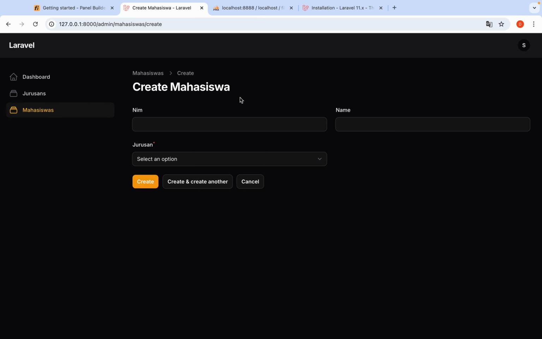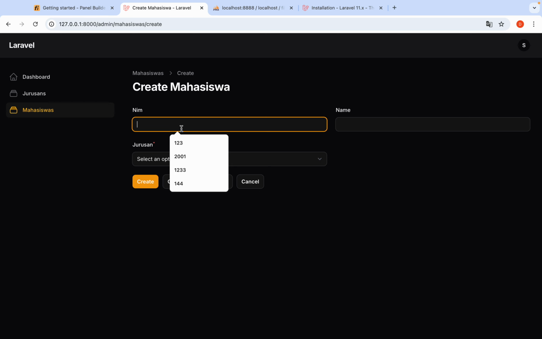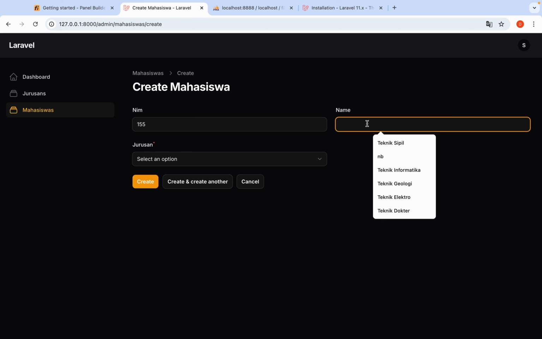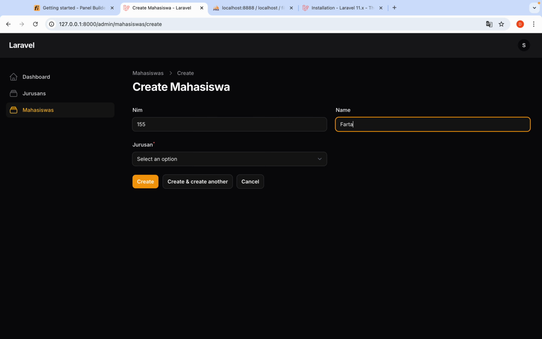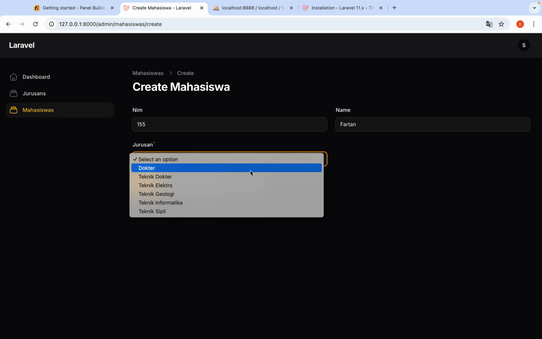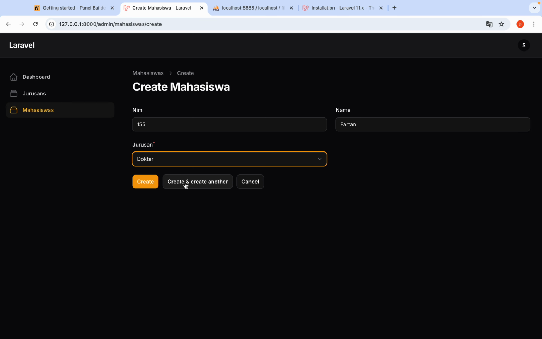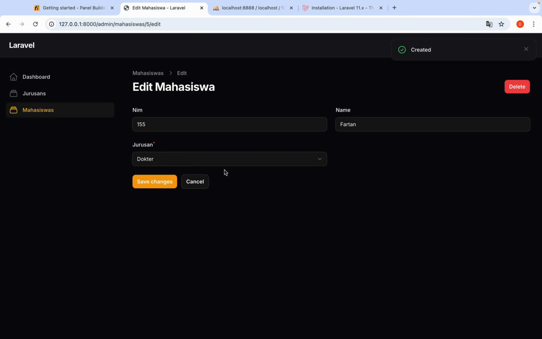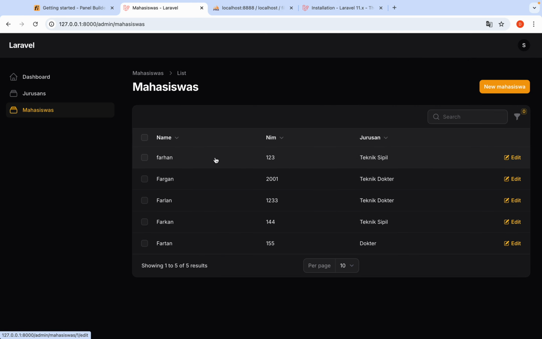And then if you want to edit the new student, I will select the option doctor, and then create the data, and go to mahasiswa: Farhan, Fargan, Farlan, Farkan, Fartan. Oh, okay.